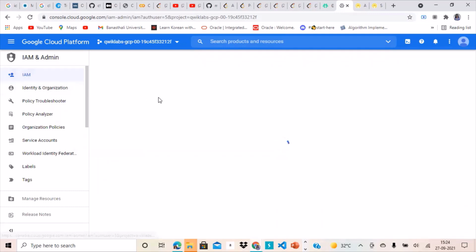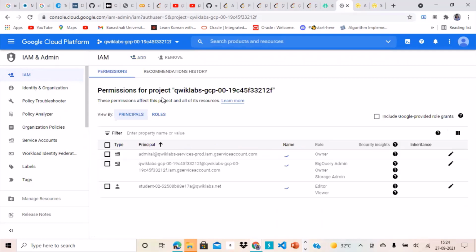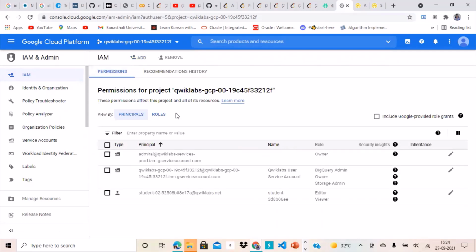the IAM page where all the information regarding IAM is listed. Here you can see that several different email IDs have been assigned. If you remember, your ID was this one, student at Qwiklabs.net, which has been provided by Qwiklabs to you.